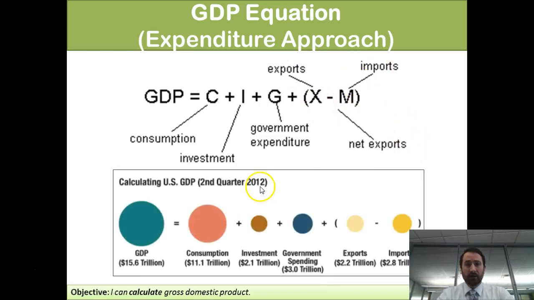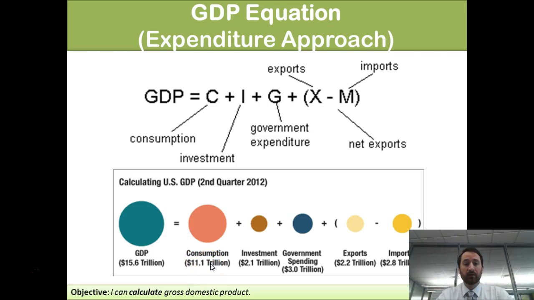And so here's a look at 2012 in the second quarter. So this would be April, May, June of 2012. The total GDP in the U.S. was $15.6 trillion. Right? Just huge numbers, hard to imagine that. But consumption was the largest portion of that, $11.1 trillion. So that means that